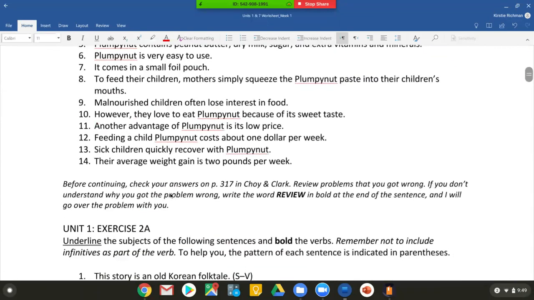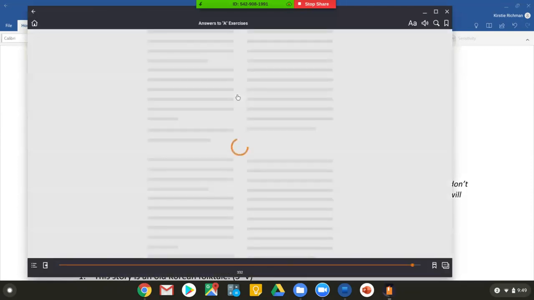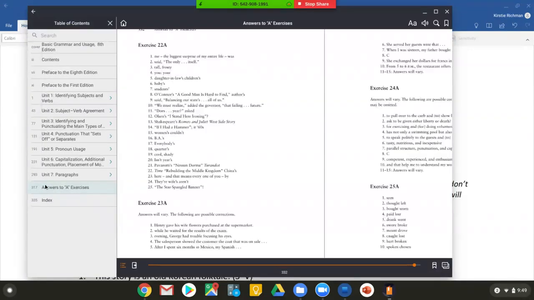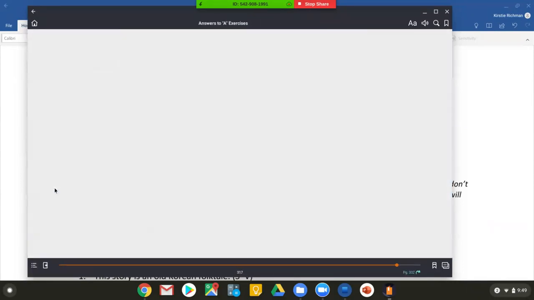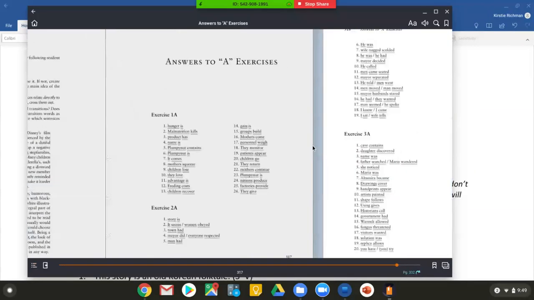So once you've gone through and done all the exercises as asked, you will sometimes be asked to consult your textbook to see if you have the correct answers, and this is to help you learn and not keep practicing a problem correctly over and over. So in this case, you're asked to check your answers for the above exercises on page 317 in Choi and Clark. So if we go to your textbook, which most of you probably have the ebook version, if you click over on the little outline icon at the bottom, you'll see a list down at the bottom says Answers to A exercises. If you click there, you'll see the exercises, and you can scroll to the right and left to